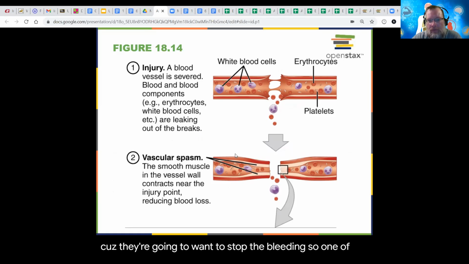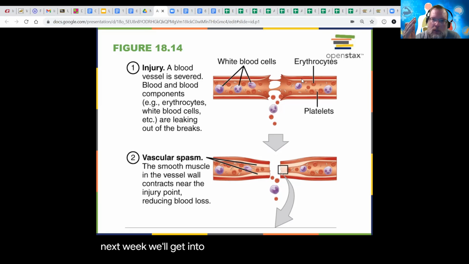So one of the first things, first of all, these are blood vessels. We haven't done anything with blood vessels yet, so next week we'll get into those. But these blood vessels are smooth muscle with an epithelial lining. Okay, so